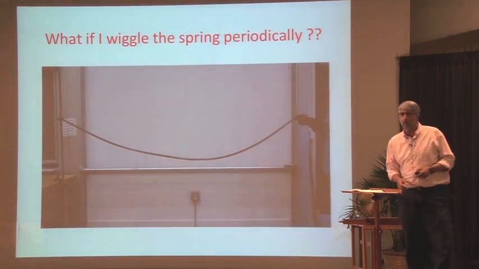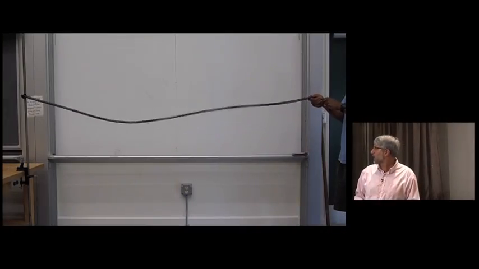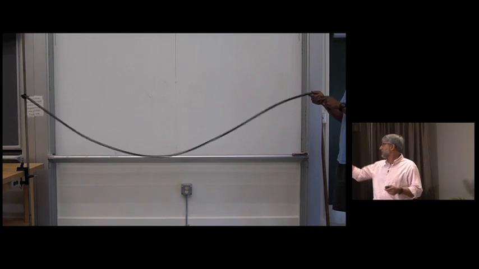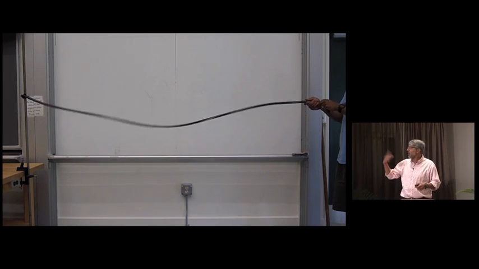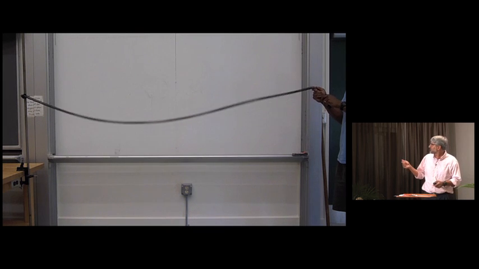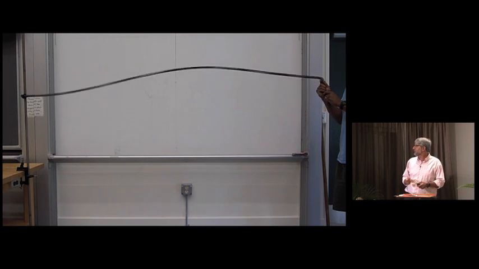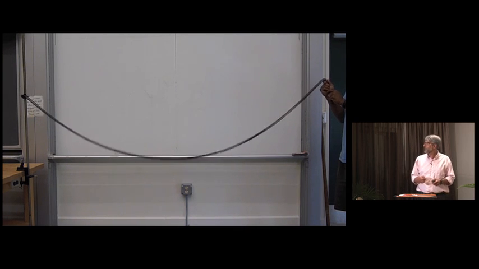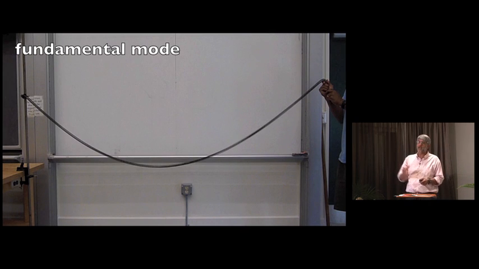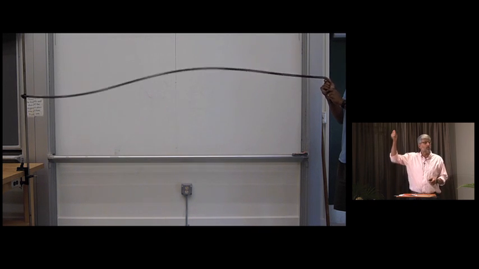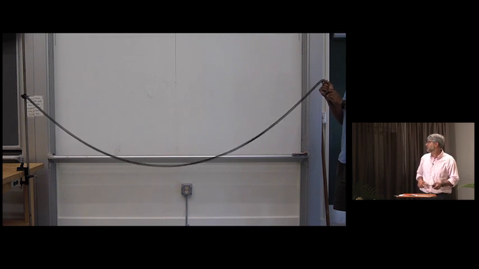So if we move on now, instead of just launching a single pulse, as I showed you, let me attempt to launch a pulse that will be periodic. That is to say, watch my hand. I wiggle, I send a pulse, it comes back, I send another pulse, it comes back. They all add up together in a certain way when all of a sudden, if I wiggle my fingers at just the right rate, note that I get this beautiful, sustained, simple motion, which we refer to as the fundamental vibration, the fundamental mode. In this case, 1 cycle, 1 repetition per second for this particular spring, okay?